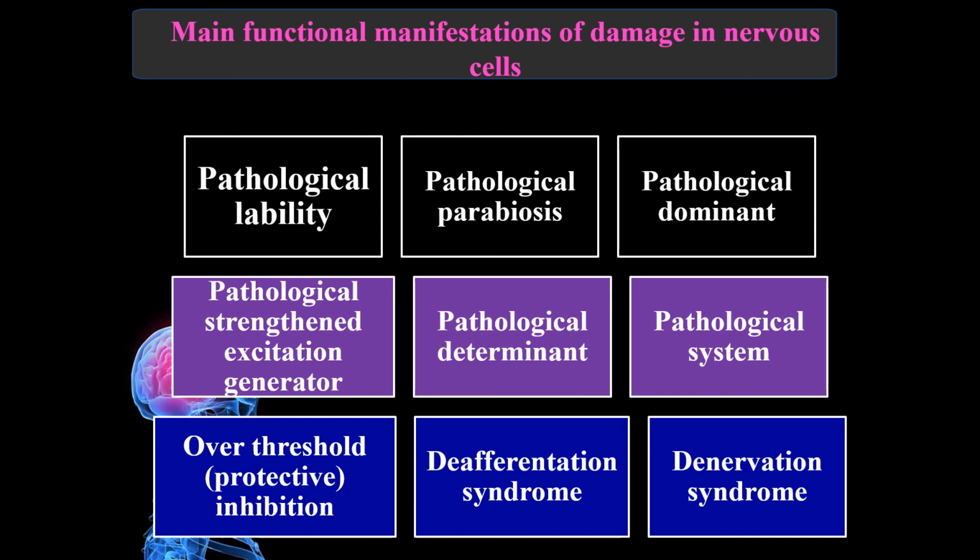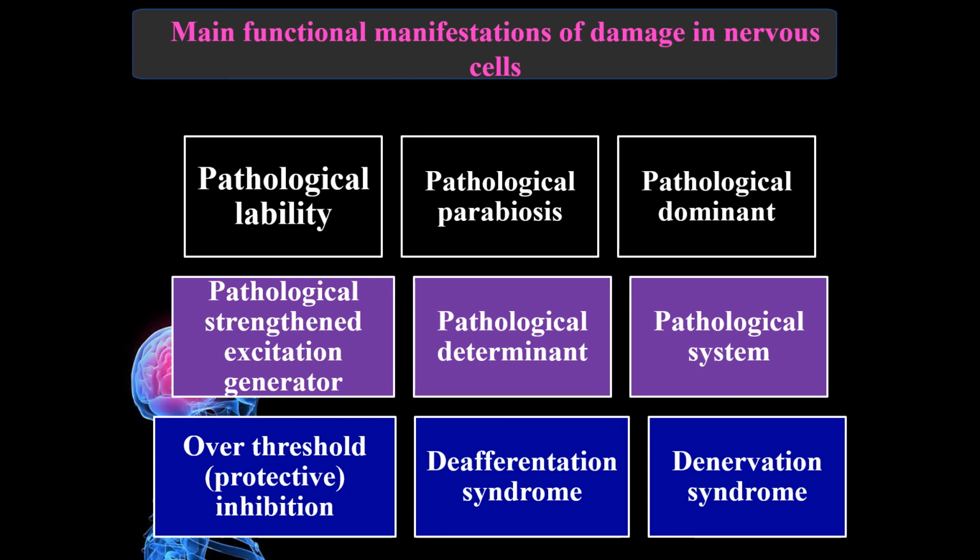The dominant. What does it mean, dominant? The dominant center is a focus of the central nervous system occupying a dominant position at some point. Physiological and pathological dominants are distinguished. Physiological dominance serves for good adaptation of the body to changed conditions, to the environment, and the pathological dominant leads to disadaptation. The pathological dominant becomes the cause of the prolongation of the course of diseases, and of the relapsing of the